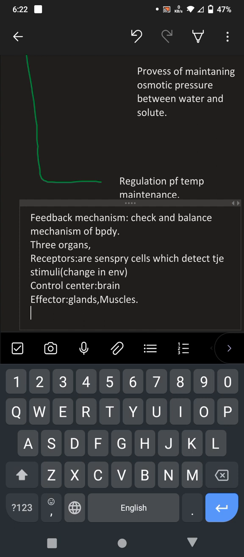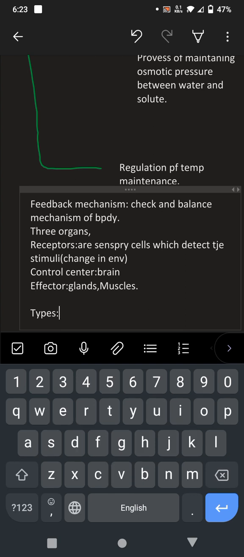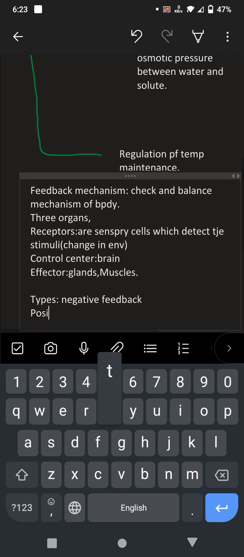So if we talk about the types, there are two types of feedback mechanism. The first one is negative feedback and the second one is positive feedback. Okay,